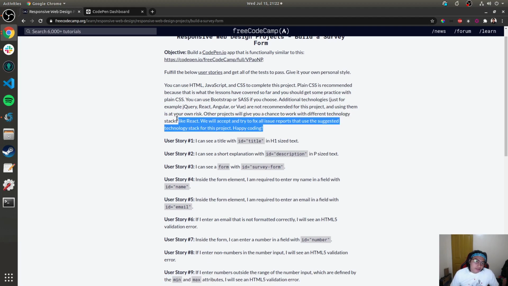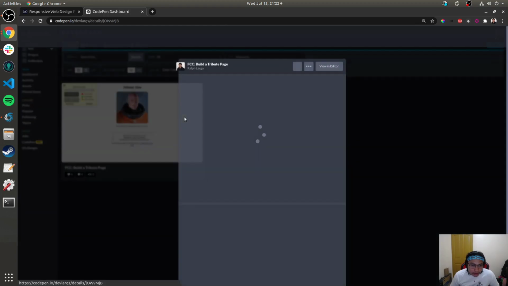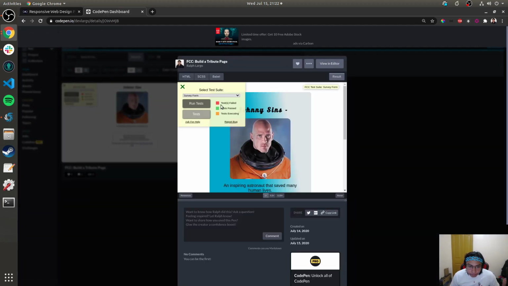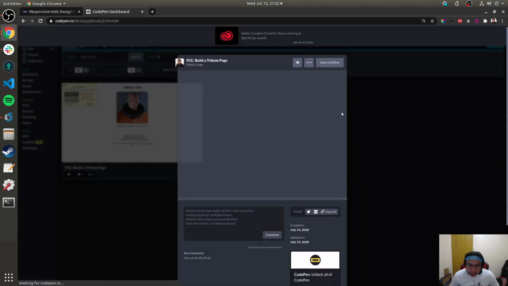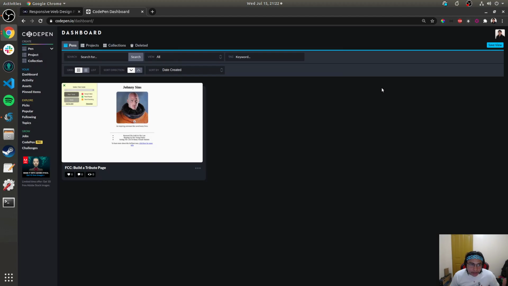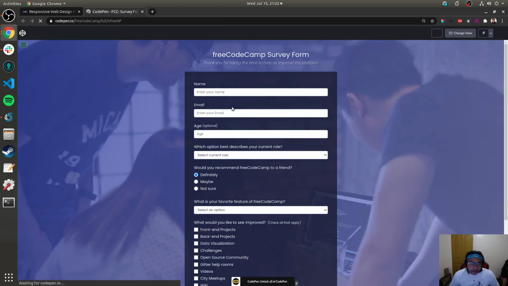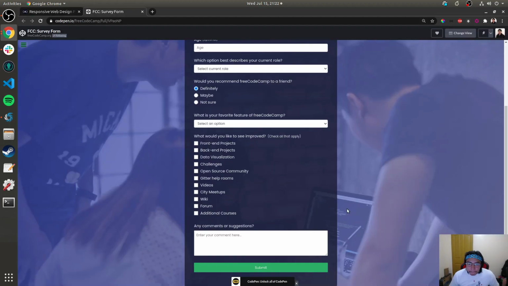So it's the same instructions as the previous one. By the way, I did some updates on this pen. If you have time, just check it. So let's go. Build the CodePen.io app that is functionally similar to this. So yeah, it's a simple form,